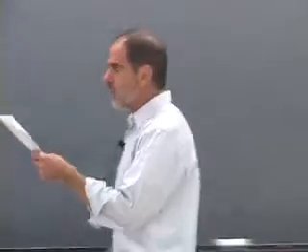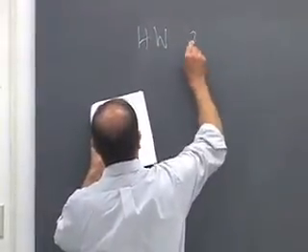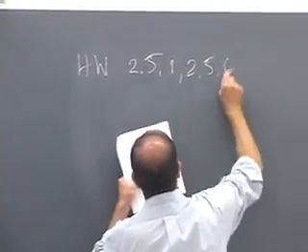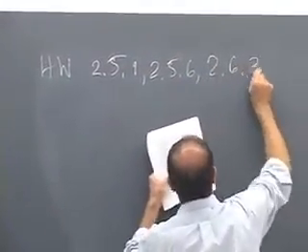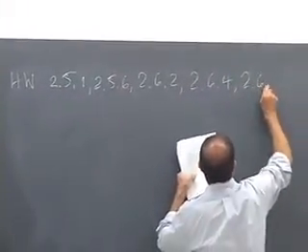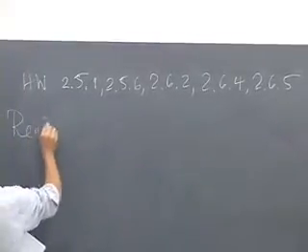So the homework is 2.51, 2.56, 2.6.2, 2.6.4, 2.6.5, and people asked me to list the reading for next time,